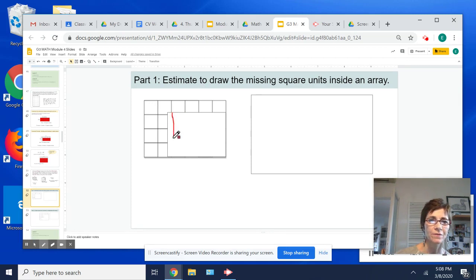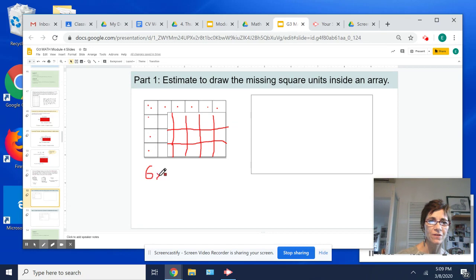Like we did before. All right. There we go. And I can count them, or I know that I can simply count the sides. 1, 2, 3, 4, 5, 6. So one side is 6 square units, and the other side, remember to count this one again, is 1, 2, 3, 4. So I have 6 square units